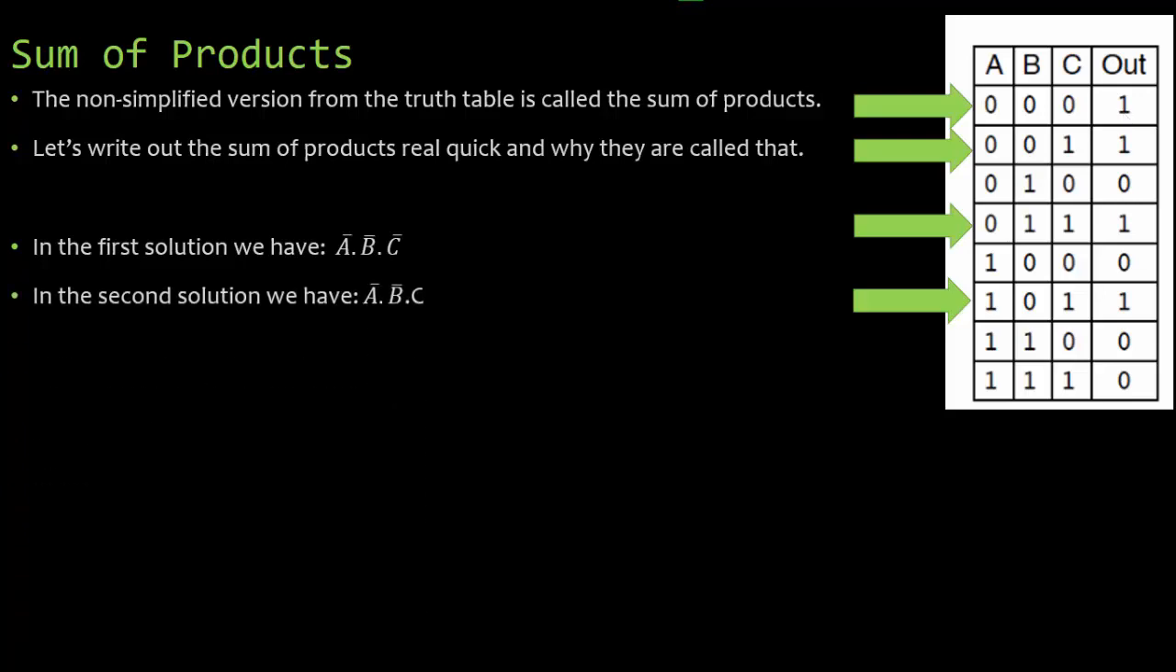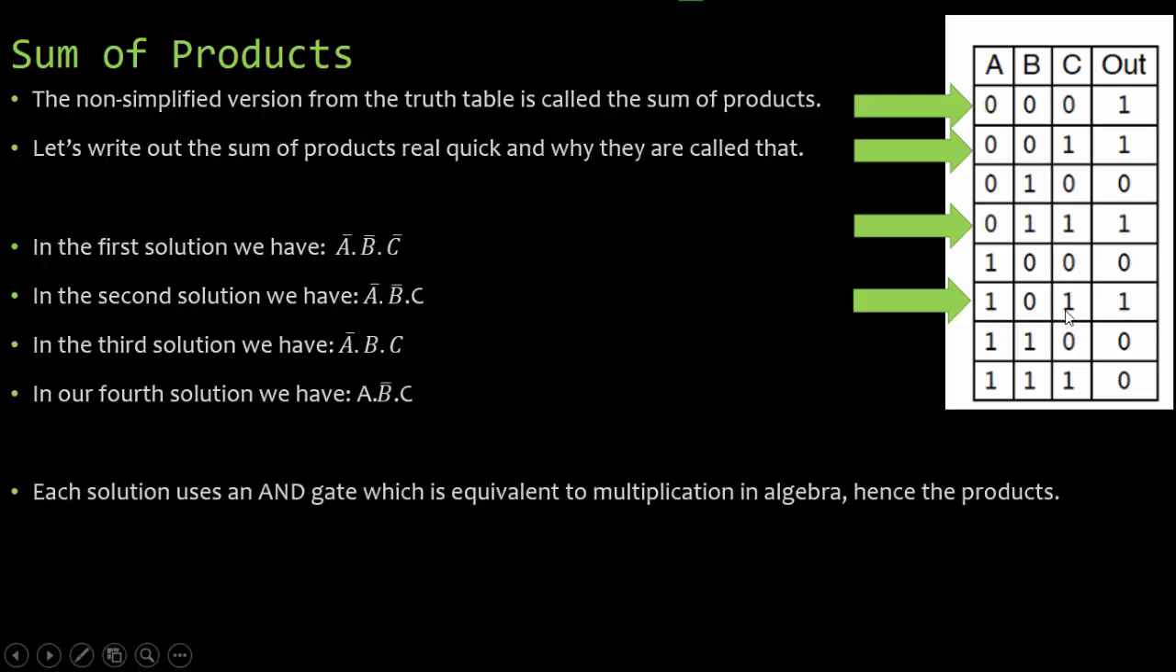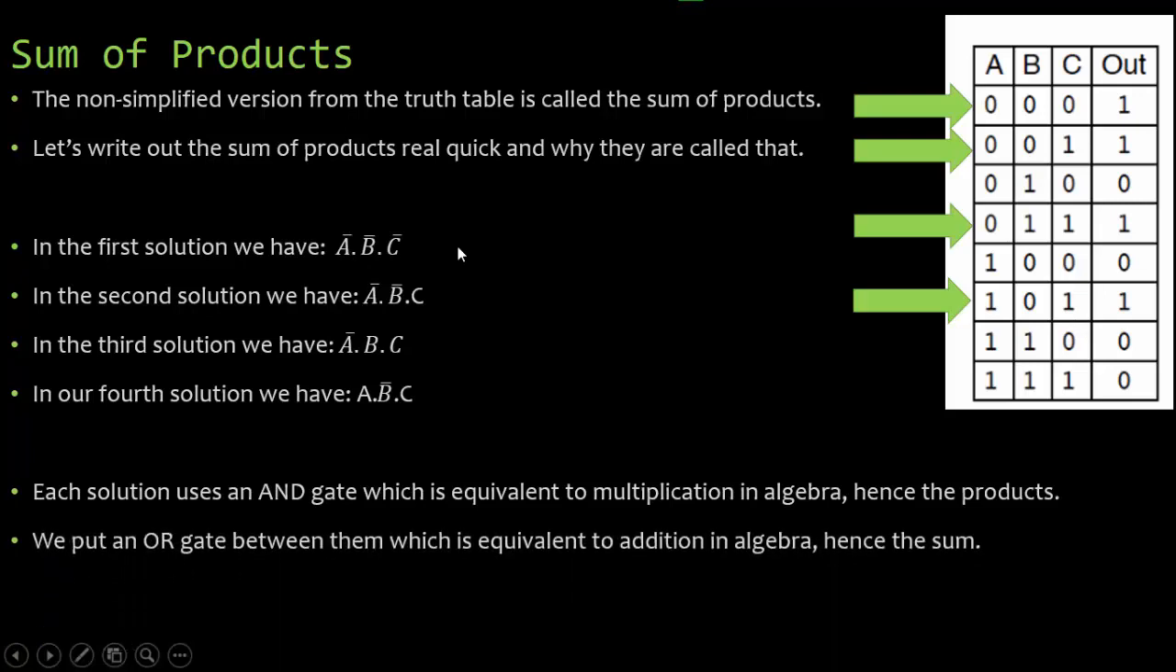The second solution here that works is not A, not B, and C. The third solution, we have not A and B and C. And in our final solution, we have A, not B, and C. So each solution uses an AND gate, which is equivalent to multiplication in algebra, hence the products. Each of these are products. We put an OR gate between them, which is equivalent to addition in algebra, hence the sum,